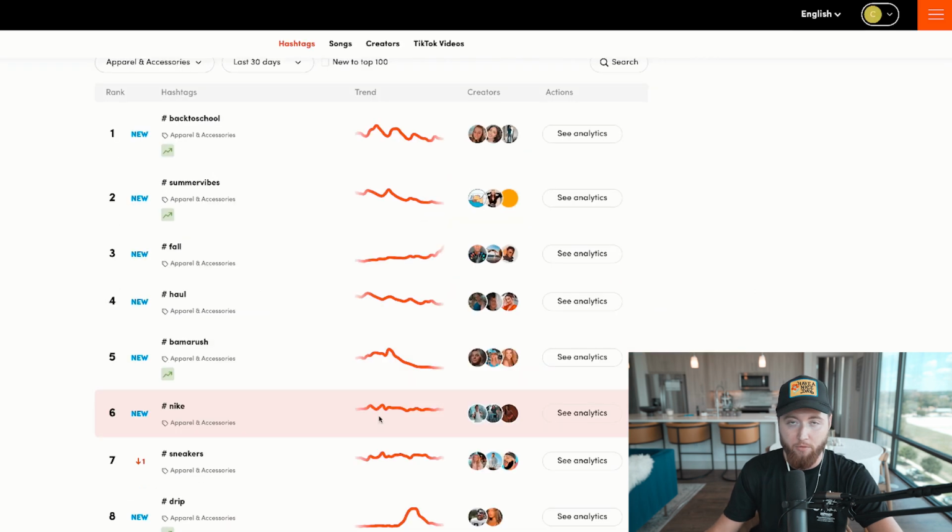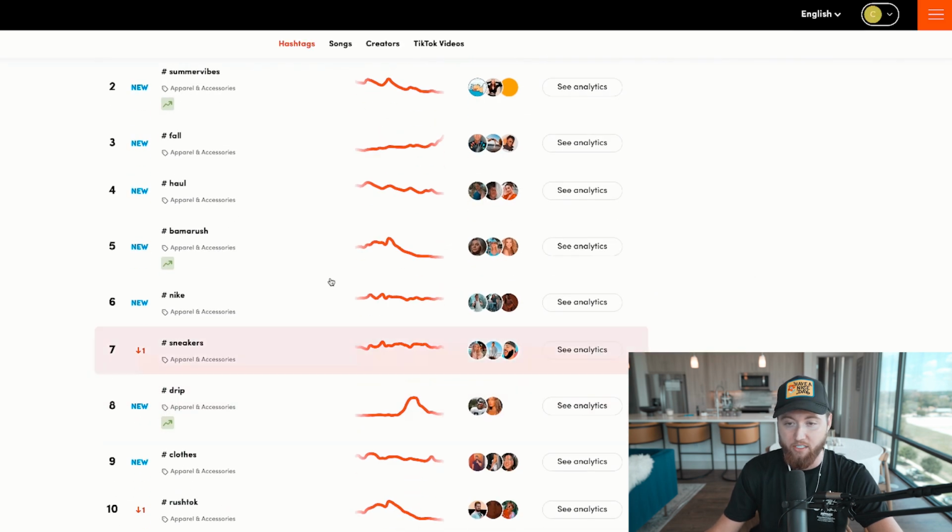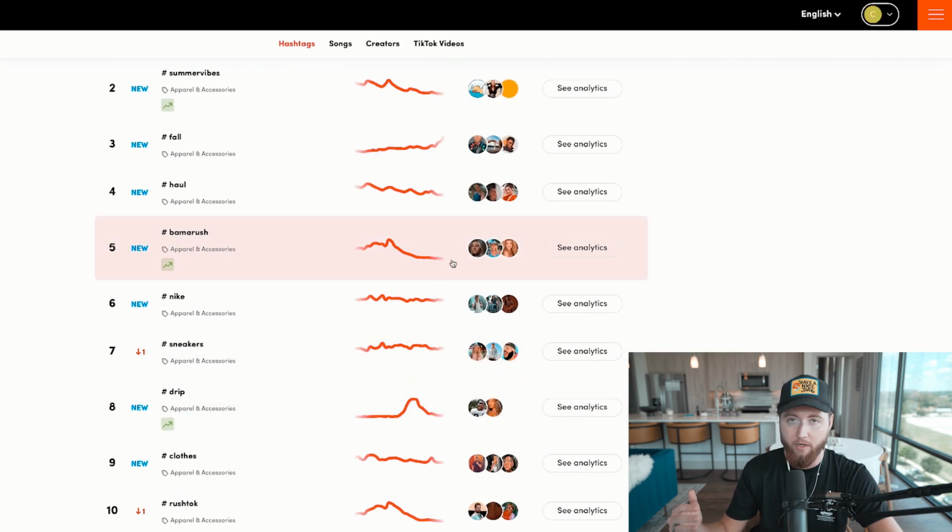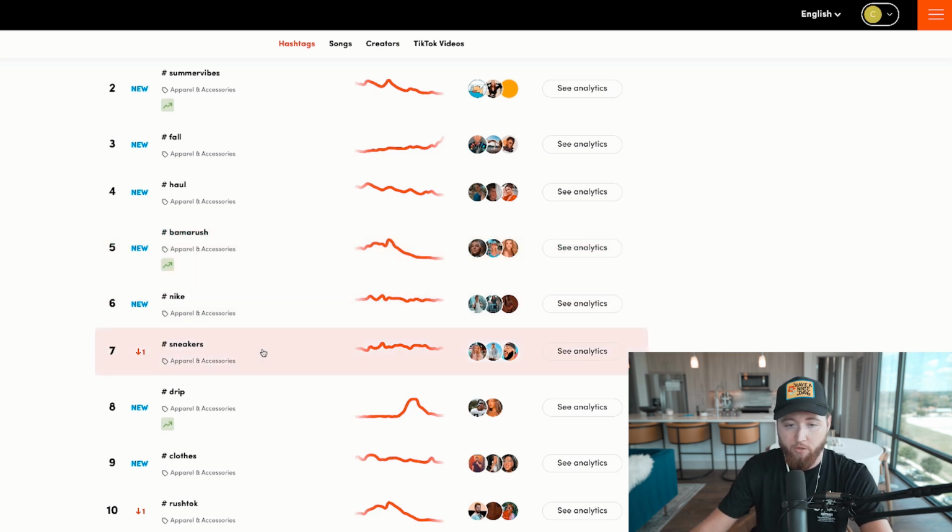In reverse as well, there are going to be hashtags that are completely falling off, that aren't getting as much view volume anymore. So if you use that hashtag, the likelihood of you being pushed out to more people in that hashtag group is very unlikely. So you could actually have dead hashtags that don't benefit you. Or if you get used to using the same ones over and over again, you're actually limiting your opportunity for growth. So if you're selling sneakers, you would look at an actual specific niche hashtag like sneakers, and you would break down that specific style of shoe potentially with a hashtag.